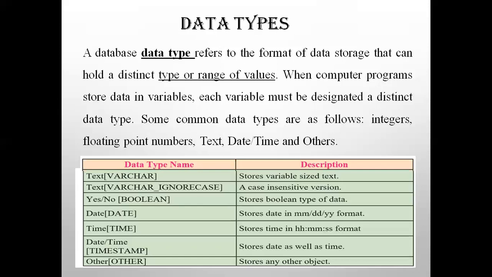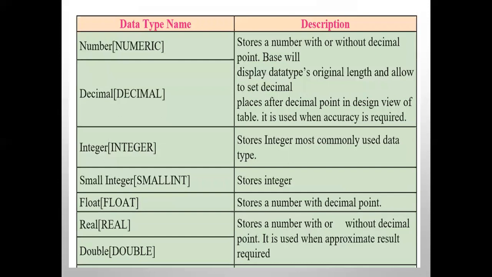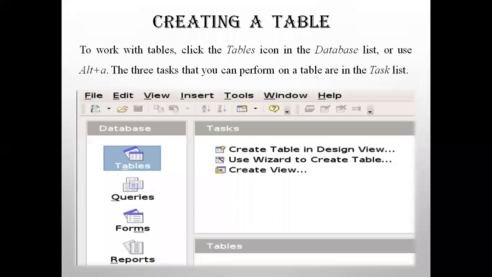Okay, so all these are the data types we will be referring. Use these two tables for more details. The same table is given in your textbook. You can refer to the table for more details. So when you are creating tables for practicals, we will not be using all these data types. For that, you require some complex data. Some easy things, what we will be taking for practical purpose, only those data types we will be using. So using this all, we will be starting how to create a table next.